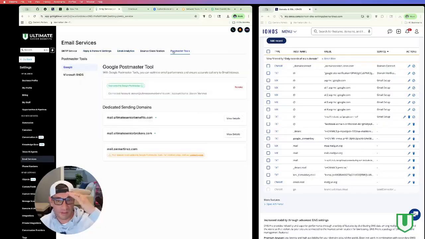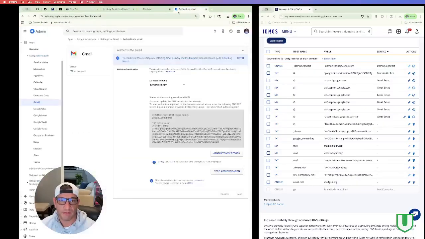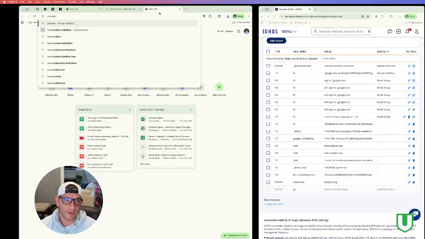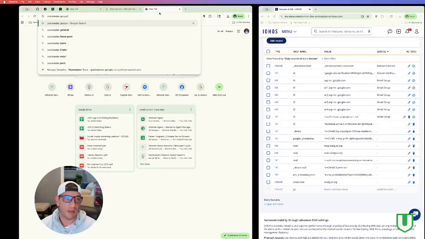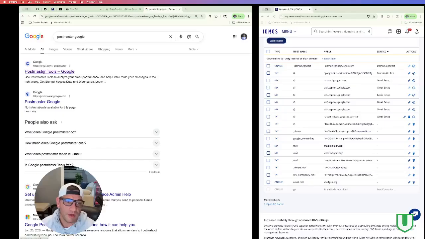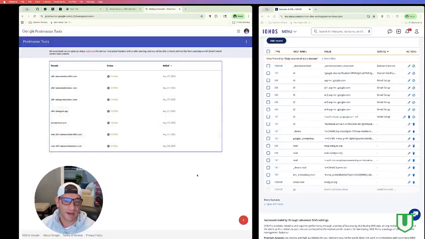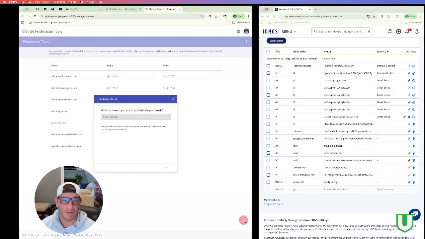Oh, this was the other thing I was going to go over: your Postmaster Tools. So we want to have a good record with Google Postmaster. You're probably wondering, what the heck is that? Google Postmaster is going to allow you to monitor how many times you're getting flagged as spam and things like that. So just Google Postmaster, and you go to Postmaster Tools by Gmail, get started. Of course, I'm already logged in. I already have all my emails in there, but we're going to go ahead and add this new one that we just did,